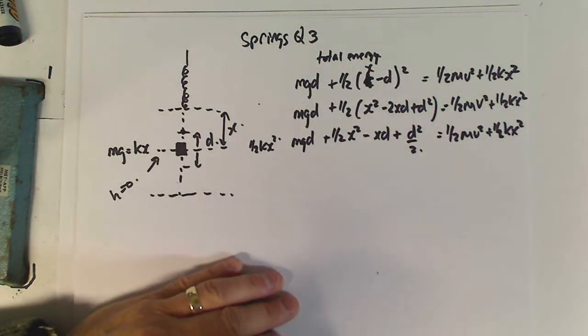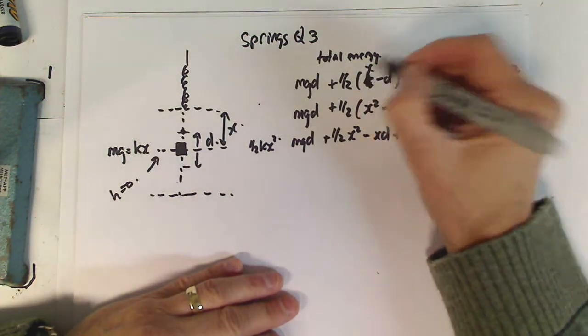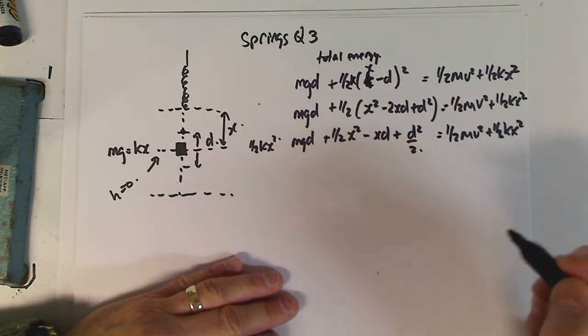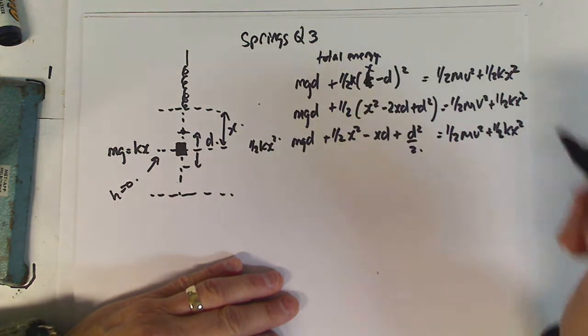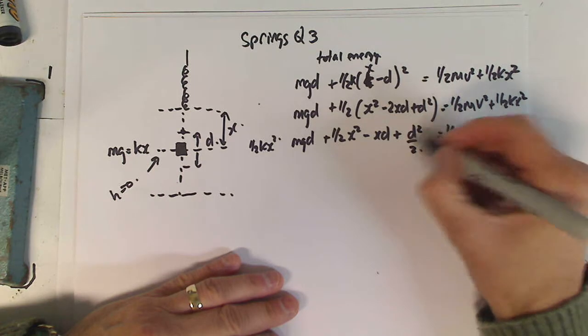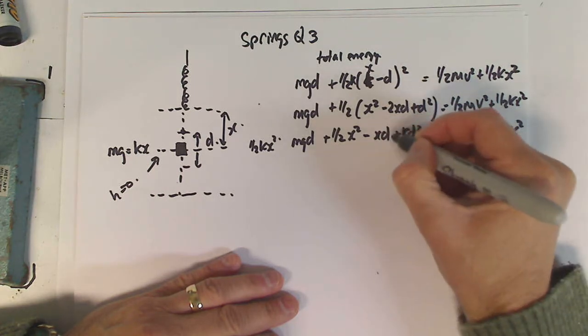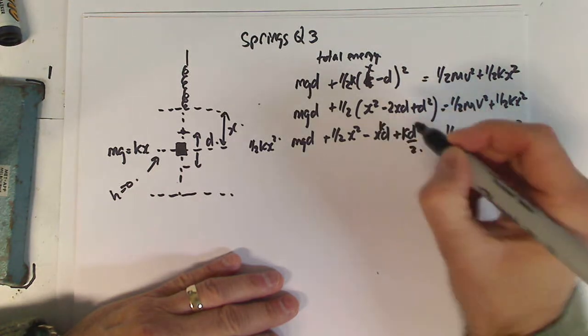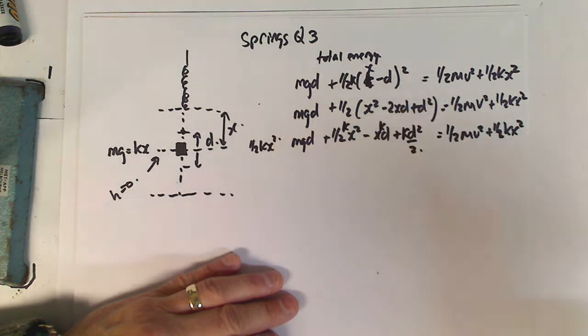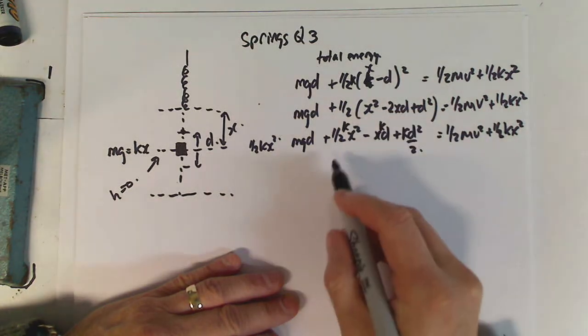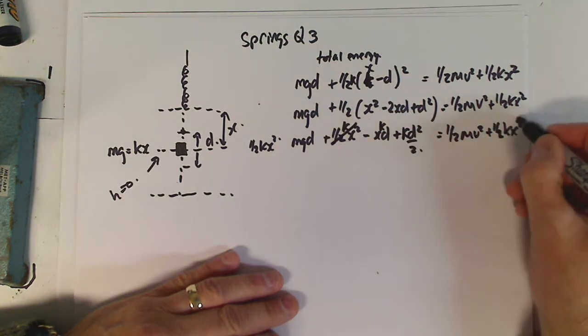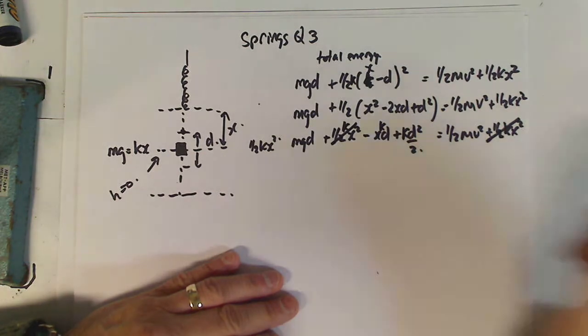Have I left something off here? Yeah, I have. The k. The k goes at the start. So we'll put that k in. No problem. kd squared, kxd, put that k there, put that k there. And let's see, so we've got plus kx squared there, we can cancel that one, we can cancel that one, and we're down to